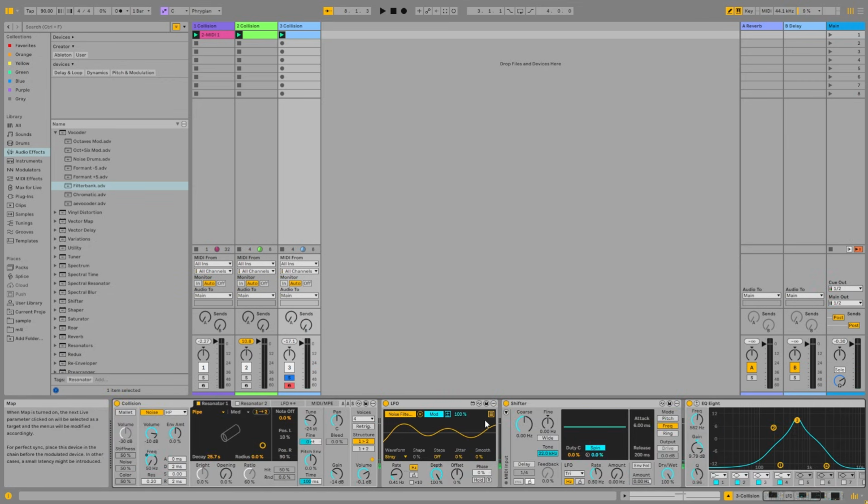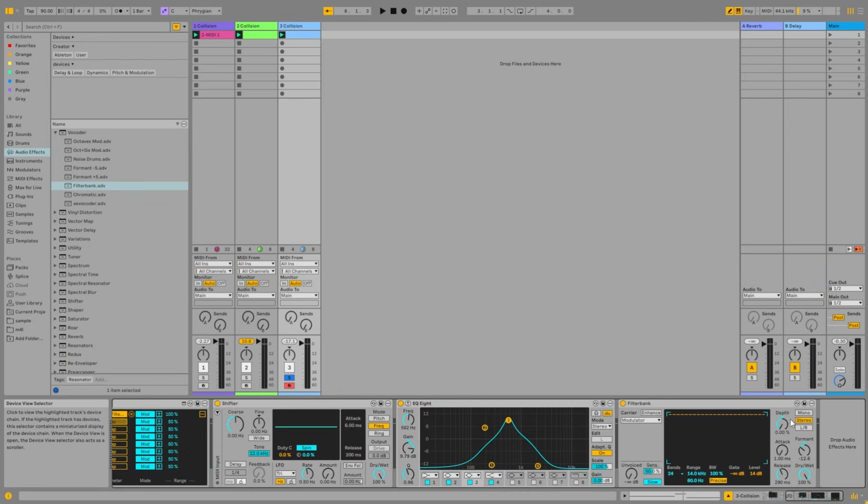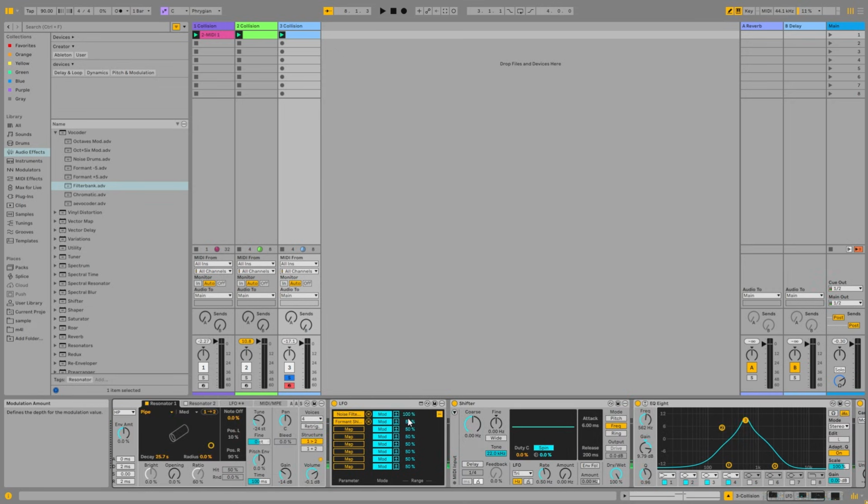Yeah, I'm gonna use the LFO to also modulate the formant on the vocoder, and